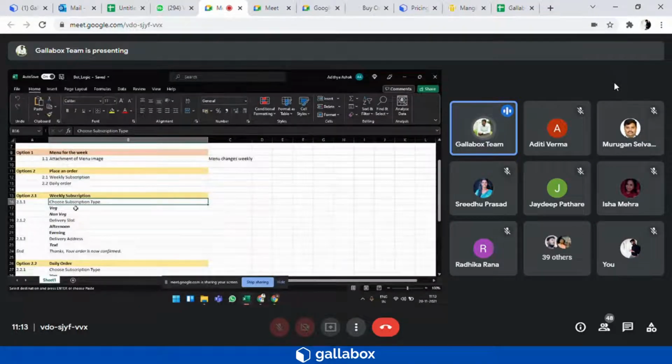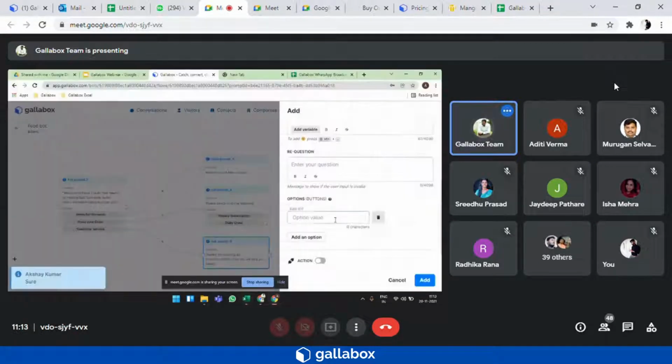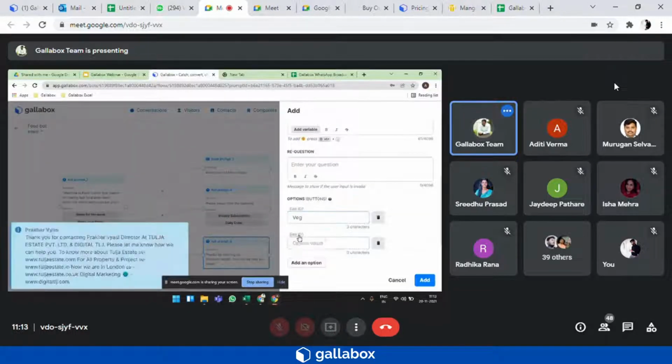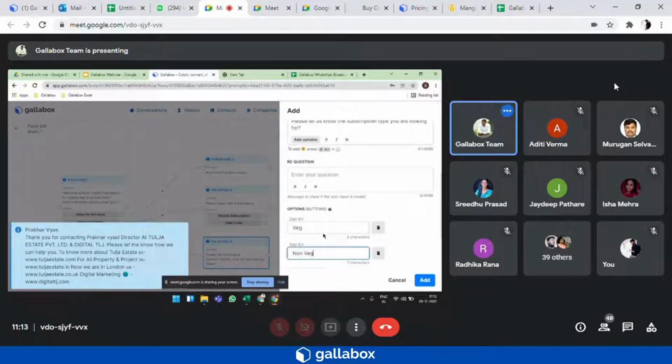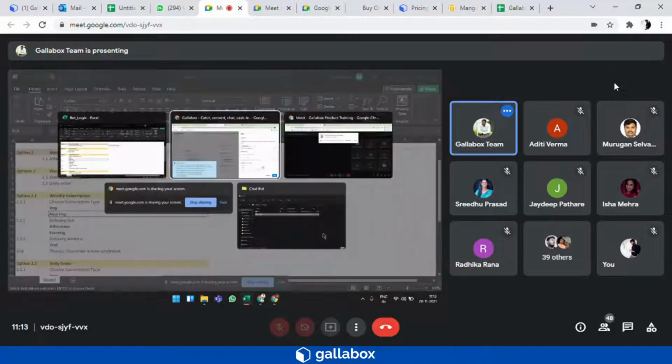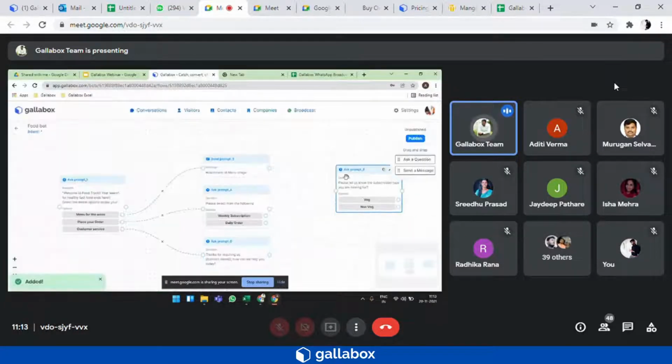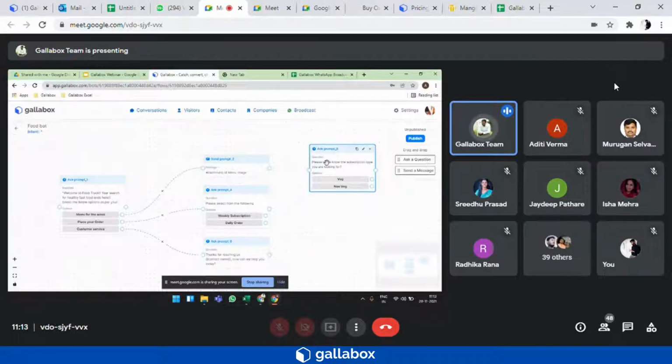One is the vegetarian and the other one is the non-vegetarian option. So once I add this, this particular message has been created for the weekly subscription. So I will connect the weekly subscription button to this particular card.